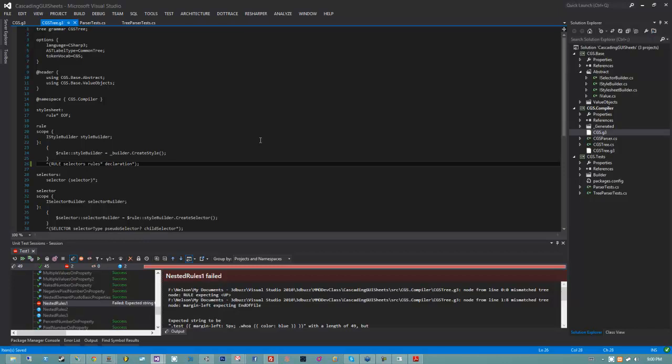So, whoops, there we go. So here's a rule that happens. Okay, so what happens when a rule goes into another rule? Well, what we need to do is we need to be able to identify if there's a parent rule already active. Now, a way to do that is to